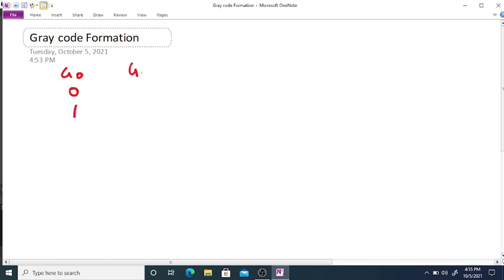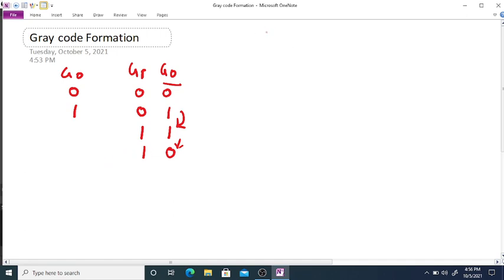So if we are given two bits, suppose G1 and G0, then we will get 0, 0 as the first Gray code. Then always start changing from the LSB bit, that is from G0. Here we will get 1 and again G1 will be kept as it is. Then we can change the G1 bit to 1 and keep the G0 bit as it is. As we know, two consecutive Gray codes differ by only a single bit. Then we will change the LSB bit, that is G0, back to 0. So in this way we will get the Gray code for 2 bits.